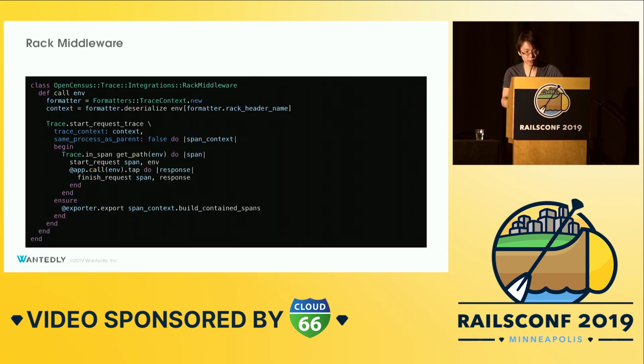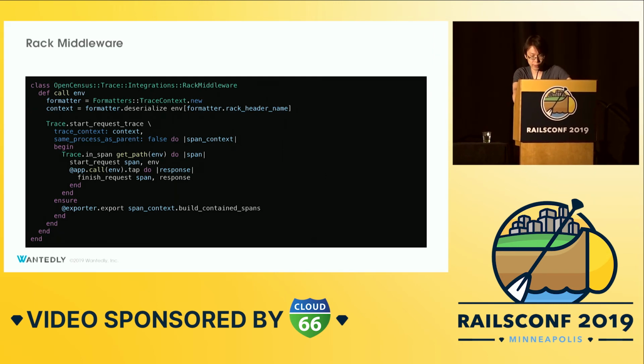Now, let's take a look at what Rack middleware does. This is kind of pseudocode and not a complete one, but it should be good enough for you to get a sense of it. As you know, every Rack middleware has a call method that takes an env hash and returns an array, which is a response code, header, and body. And it executes app.call, where app is either the Rack app or other Rack middleware in a stack. So you can inject anything before and after the actual HTTP response is made for a given request.